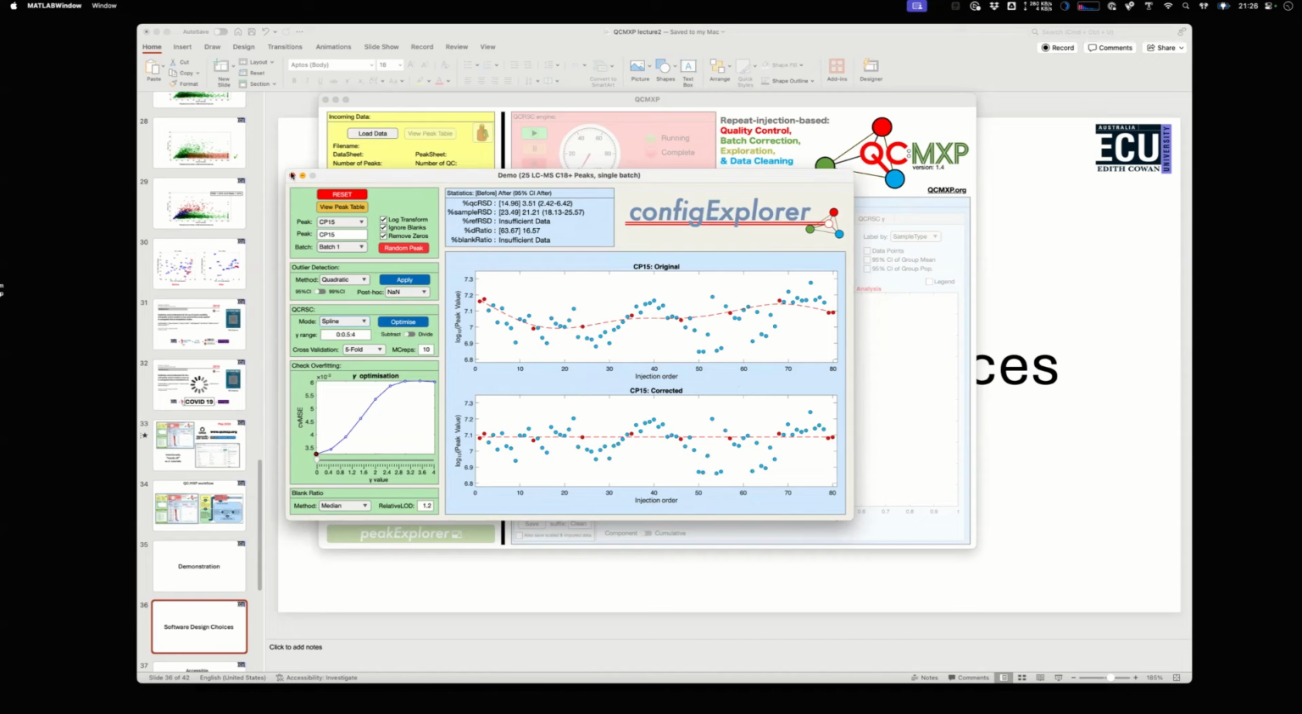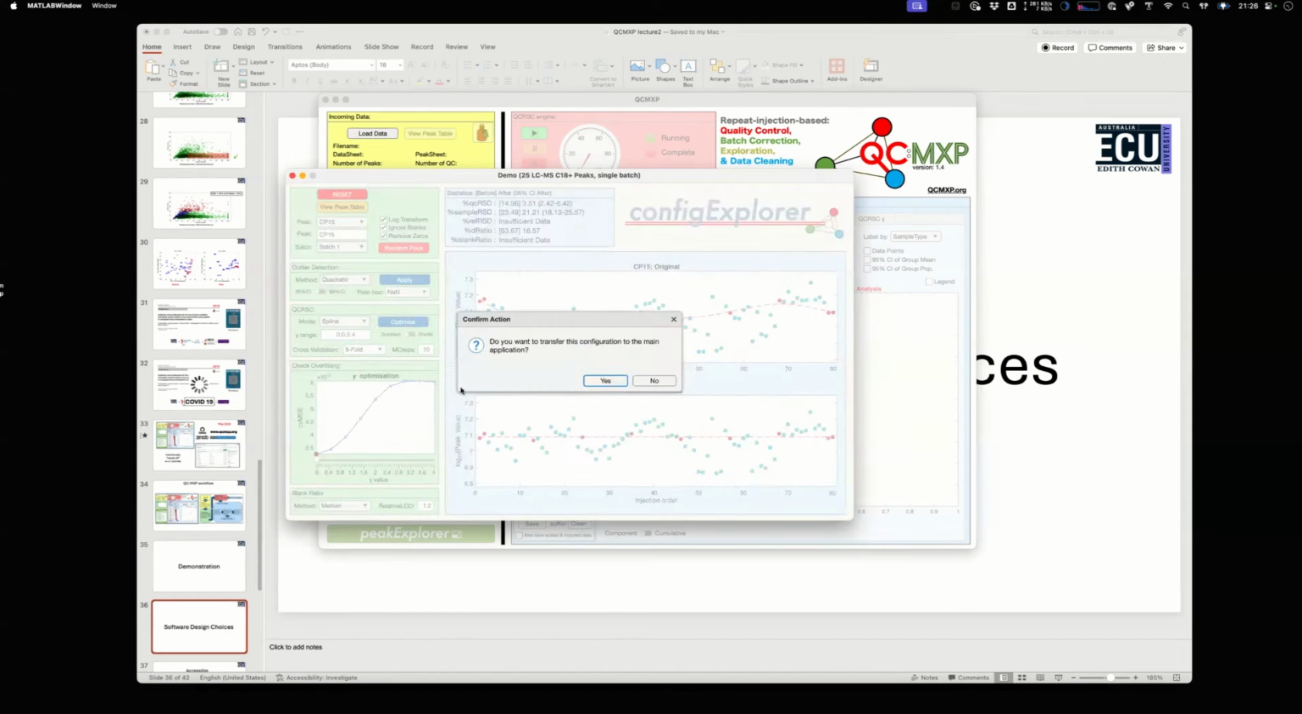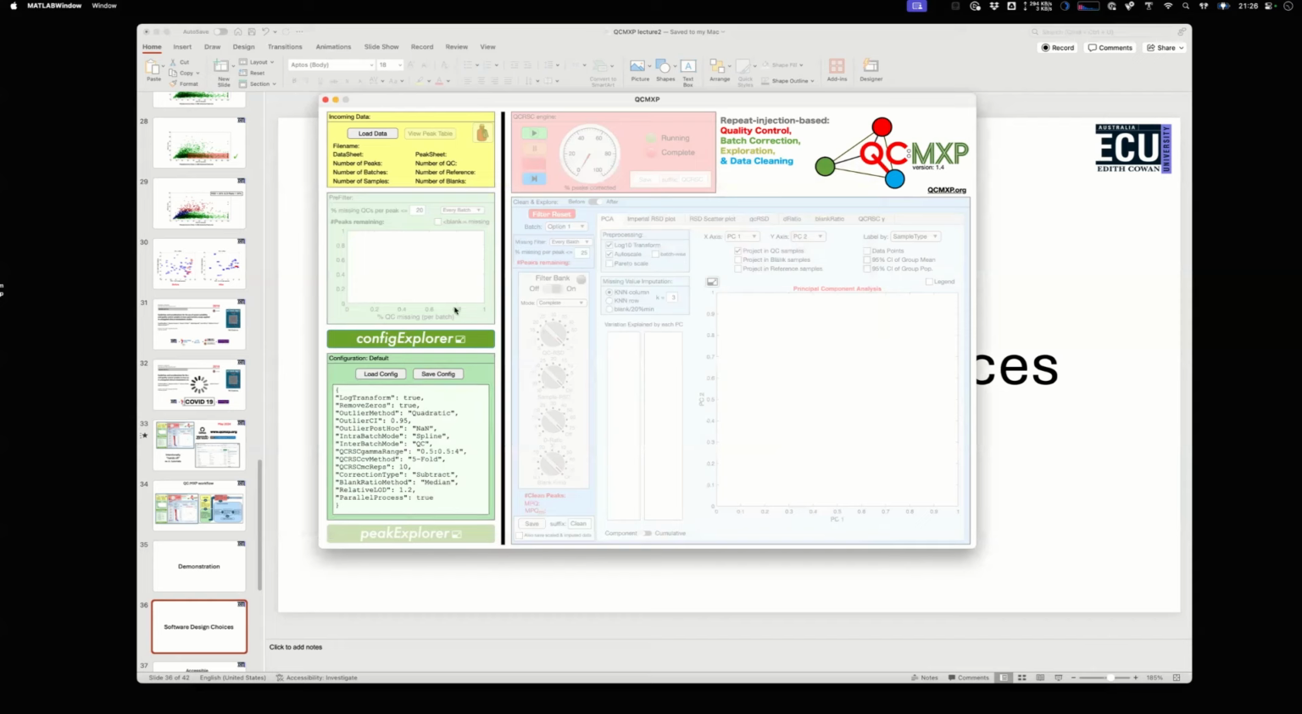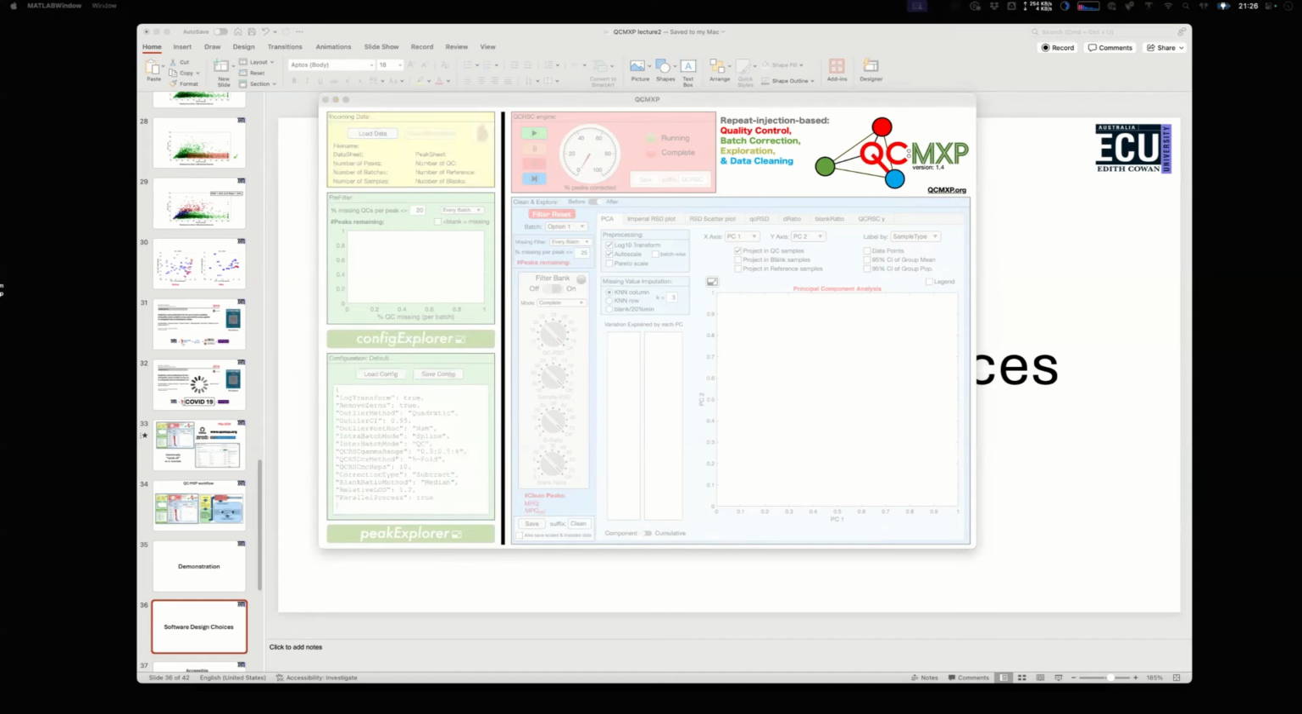So what we do now, once we've closed that, is it asks you whether you want to transfer the settings that you've set up there to the main window. In this case, I won't, because we've played around with it a bit too much. But you can see now that everything that was in that Config Explorer is now here. So it's ready to be used in a real data set. Now, if I load up a data set,